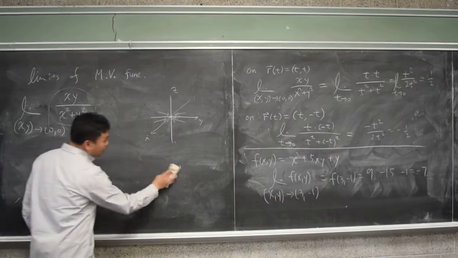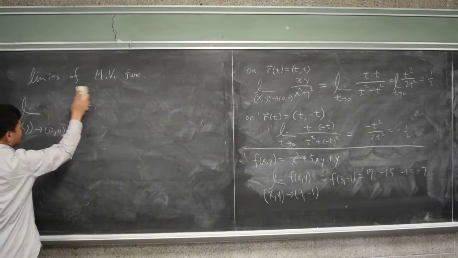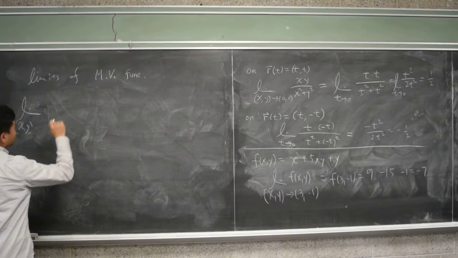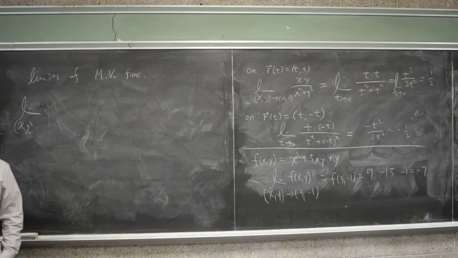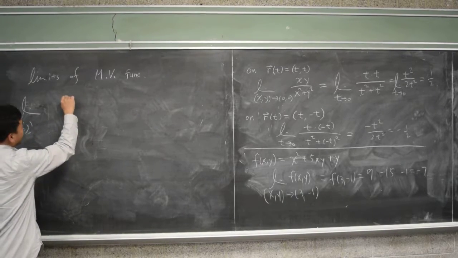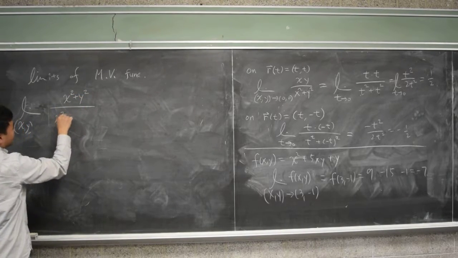Now there is a third case where limits are not that hard to figure out, and that's the case when your function is really as if it's a function of a single variable. So think about the following. If I had x squared plus y squared, and then x squared plus y squared